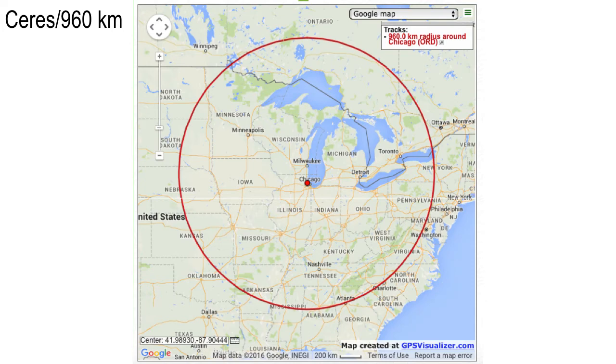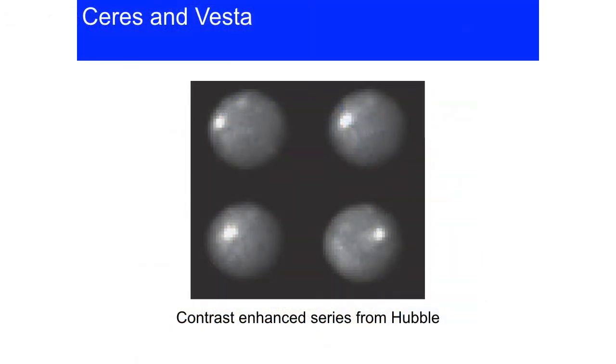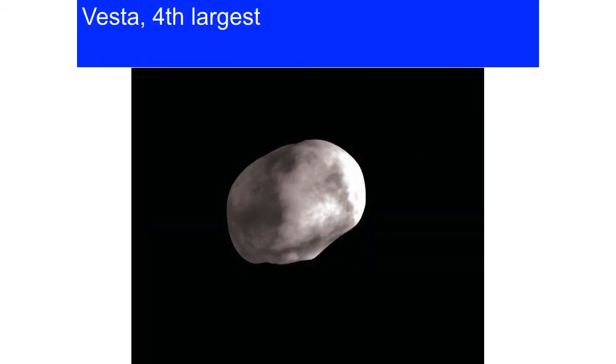well, for our considerations. In the solar system, it's pretty small, I guess, but for our purposes, here are some enhanced high contrast views of Ceres from the Hubble Space Telescope. You can see that there's stuff on there. We've been looking at this for a while, trying to figure out what this bright spot is. We don't know what it is, and people are trying to figure it out. Here's Vesta. Here's another big one over here, Vesta. This is the fourth largest of the